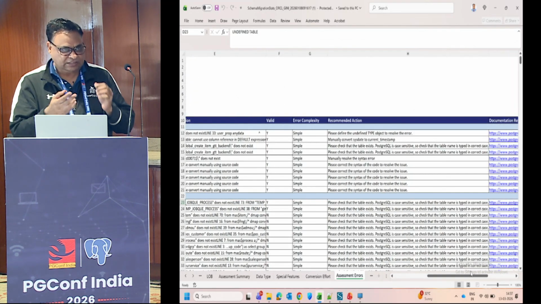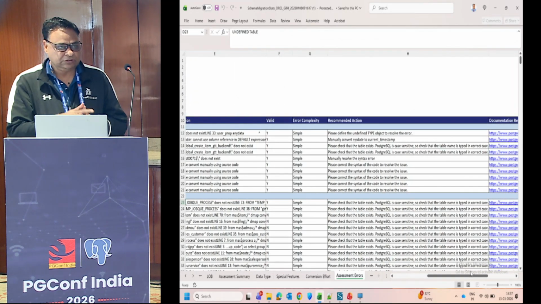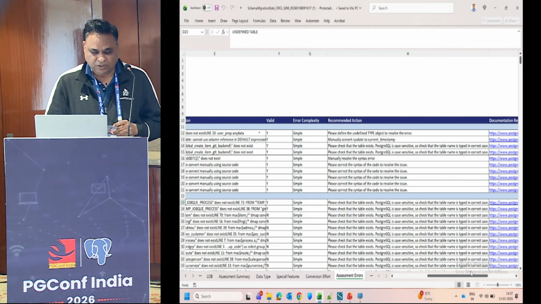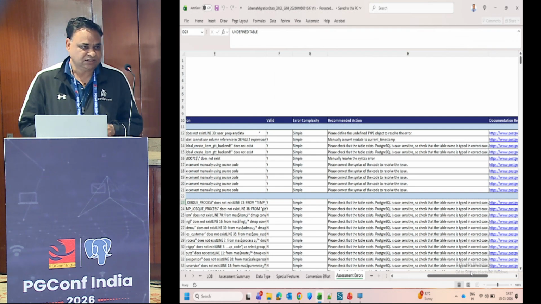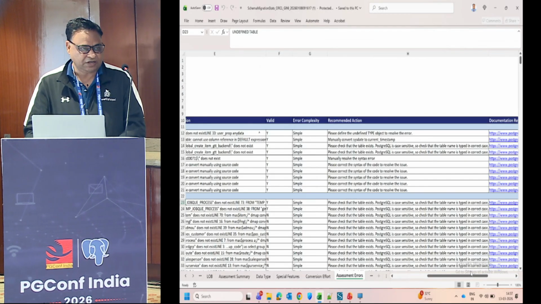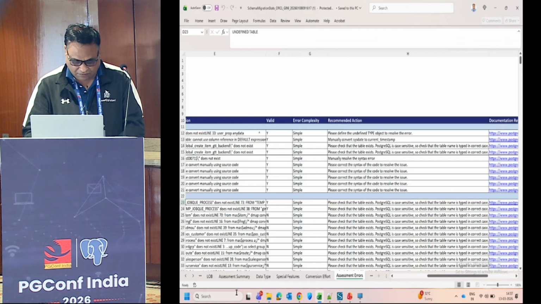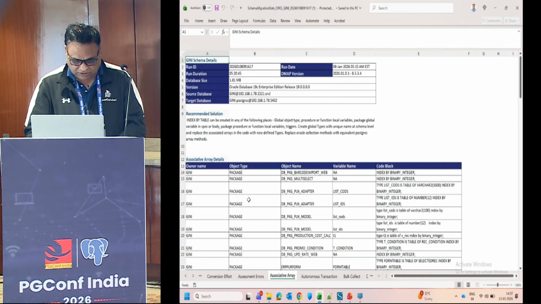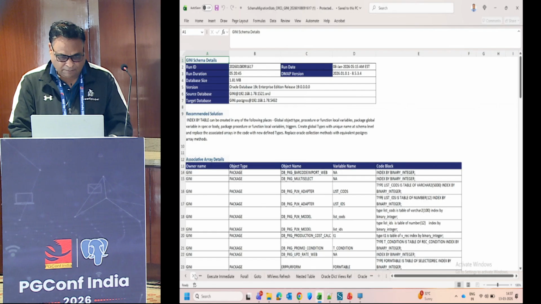Now what we do as a best practice is look into those issues and see if we can enhance our DMAP platform and do a rerun to get a better conversion percentage. That is also one way, because doing those 20% manually might take more time. It is better to do it in an automatic way. And then it also lists down where those special features we talked about exist, so that if you want to do further investigation, you can do that. So this is how the assessment part works.